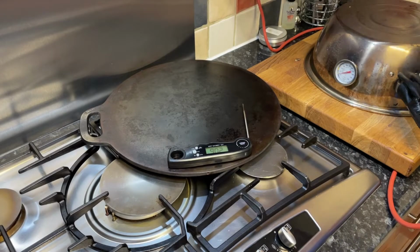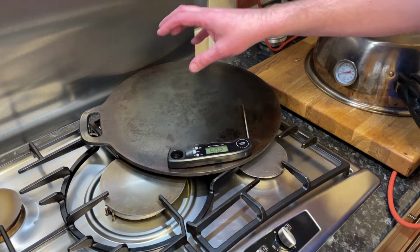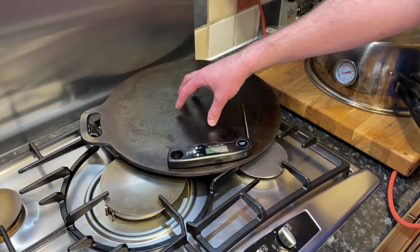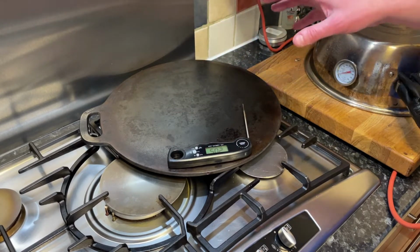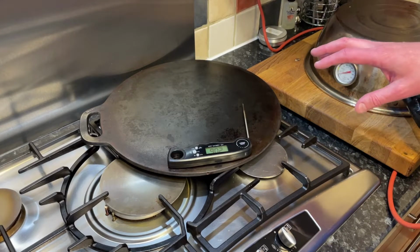11 months has passed since the putting together, if you will, of this pizza oven, and I just thought I'd like to clear up a few things. So the first thing as such is the cast iron base. If you overheat this, all you're going to do is completely scorch the bottom of your